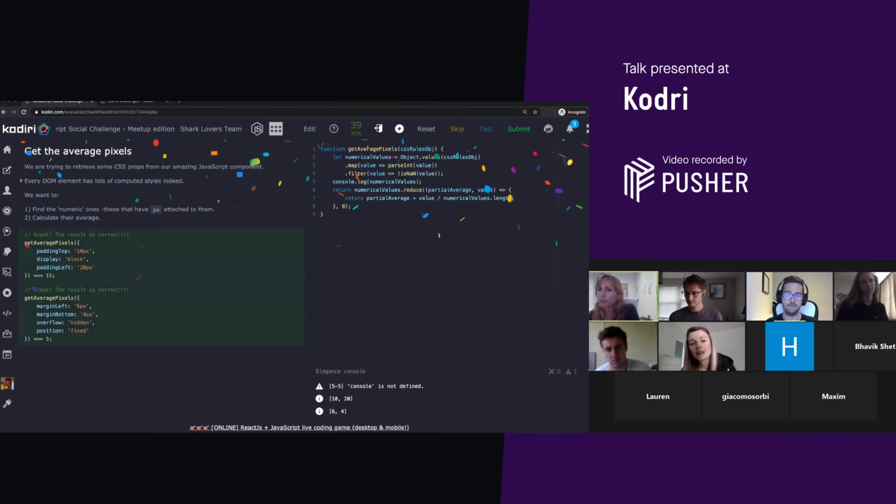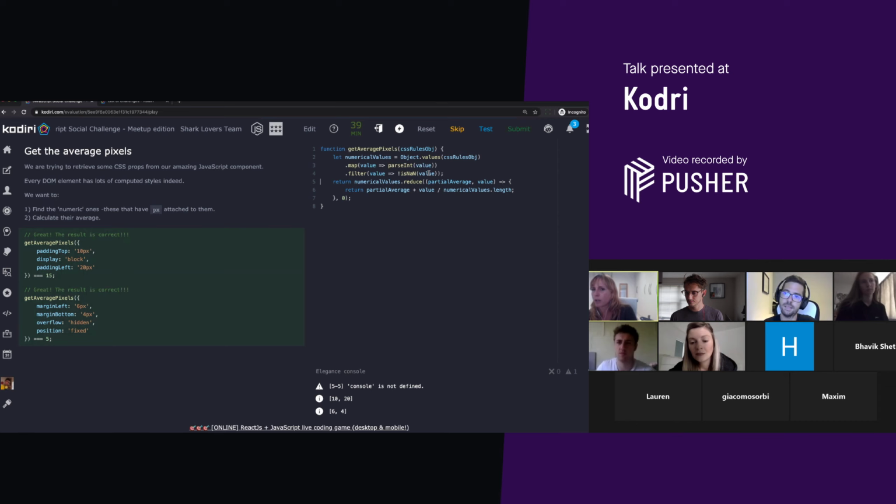All right. Ricardo? Yeah, go for it, Elena. Could we have removed the map and just filtered by saying value is equal, adding in the filter section, just keep the number? So if value is equal to what? If parse int value is equal. Parse int. I think value and parse int value is equal.